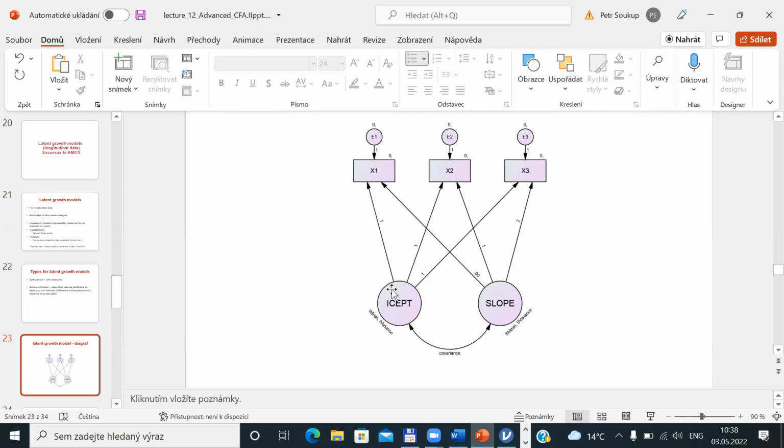So it means it is expected that there is some level at the beginning, which is also present in the next 2 time points, and the development could be described by the slope, as here there is a length 0, here 1 and 2. So if I try to evaluate the mean level of this slope, I would get a 1 year increase in, for example, mathematical or scientific skills of the student in general. That's why I'm fixing these parameters to 0, 1, and 2 for the slope, to have the possibility to evaluate development